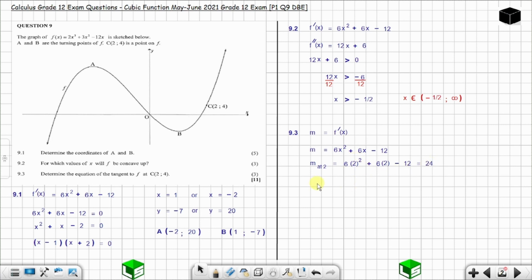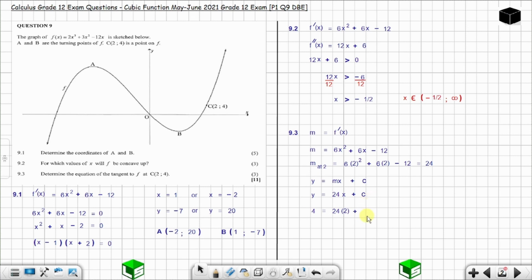Now the equation of the tangent is y is equal to mx plus c. This is a linear function, a straight line. You know that a tangent is a straight line, so it is in this form. So y is equal to 24x plus c. You need to get c. You are going to use this point. So this is x and this is y. The first coordinate is always x and the second coordinate is always y. Okay, so y is 4. This is equal to 24 times x, where x is 2,